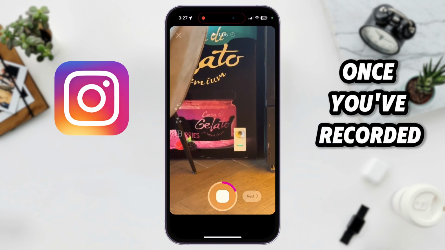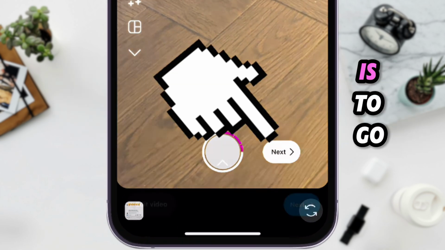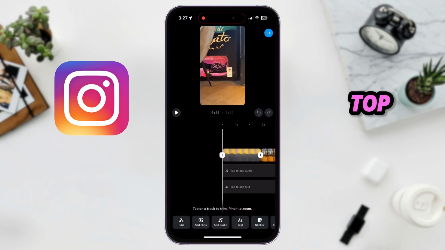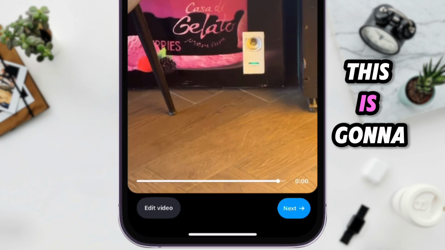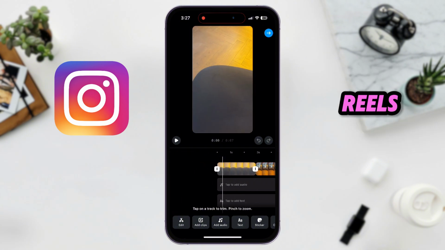Once you've recorded all of the scenes which you need for your project, then all you need to do is to go to the next step. Then you can swipe from the bottom to the top in order to open the Reel editor, or you can tap on this Edit Video option. This is going to open this interface where we have an option to edit our Instagram Reels, and we can